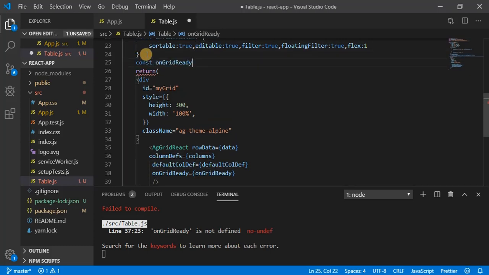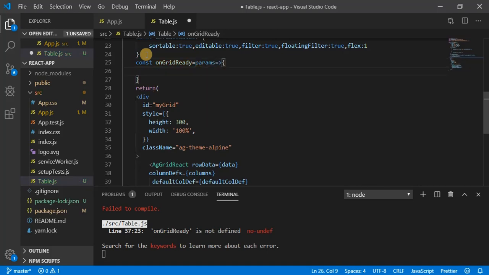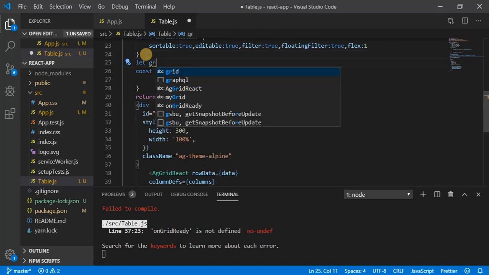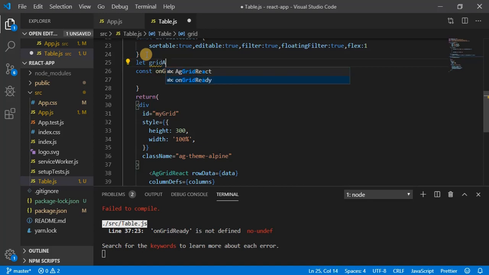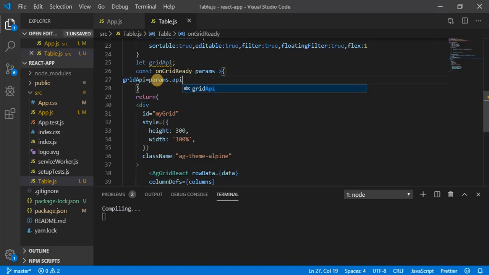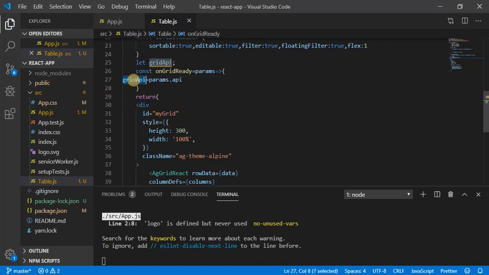Const function, and it's going to take one parameter, so I can name it params. Before this I will create one more variable, so let me call it gridAPI. Params has one field called api. This field I will assign to gridAPI.